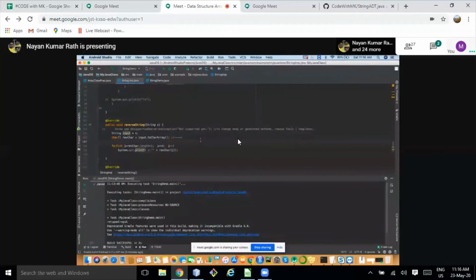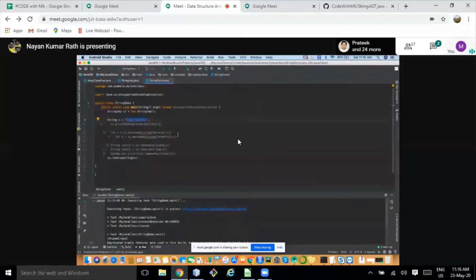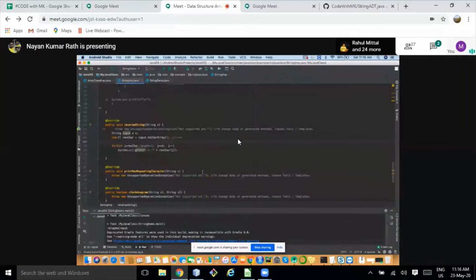Sorry, Manish, I didn't get your point. How are you going to achieve it without an extra character array? Because when you say input.toCharArray, it is going to create a new one. In the parameter itself, instead of taking string s, I take the character array as input, and while passing the string, there only you can convert. Any other comments?